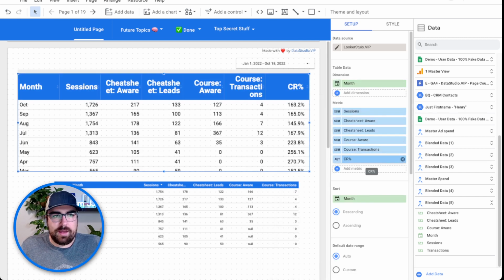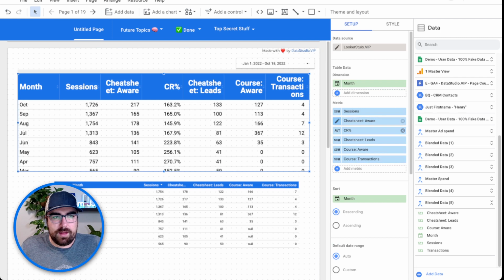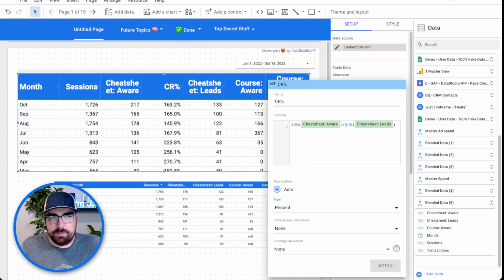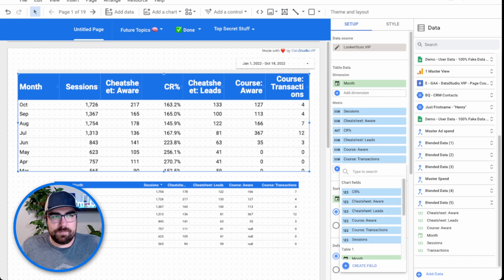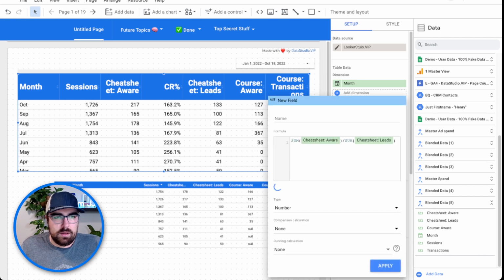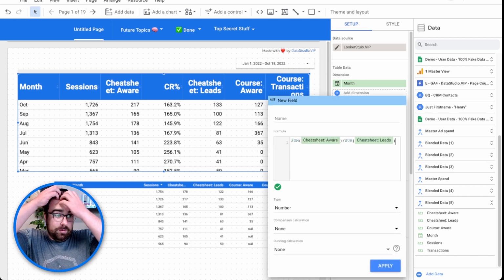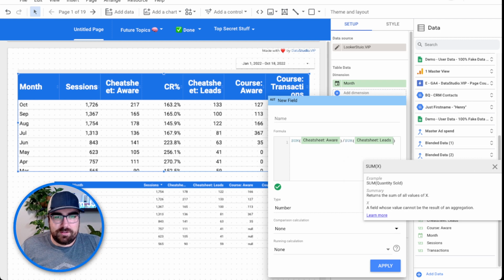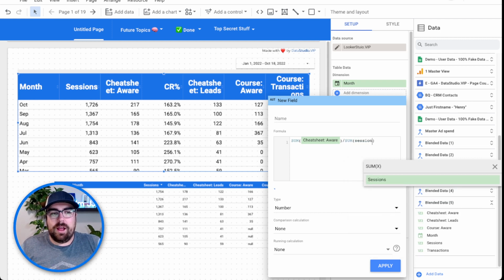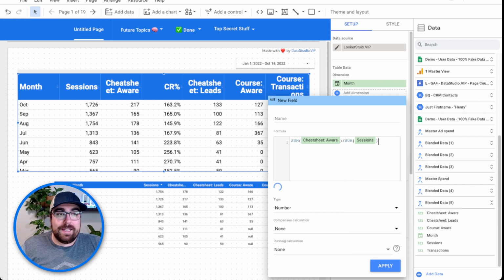And then we're going to drag that up to here. So now we have that there. I'm just going to copy this function because I'm lazy and we're going fast here, and create a new one. And oops, that's backwards. So that's our problem. So then we're going to have the aware divided by sessions. So now what we're looking at is how efficient the website is at getting people to sessions. So I'm going to call this site efficiency,